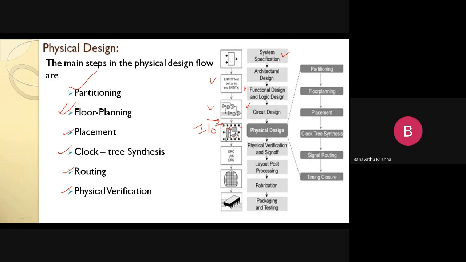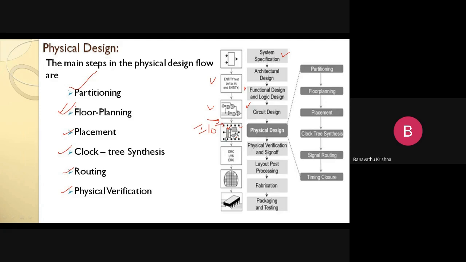Okay, so here the input for floor planning is nothing but a set of modules and a list of interconnections. So this is the input. A set of modules means whatever we are going to design here. Regarding that circuit diagram, we need some modules to place in this particular floor plan in the layout. Floor planning means just planning the floor: what modules we have, and where we want to place them.